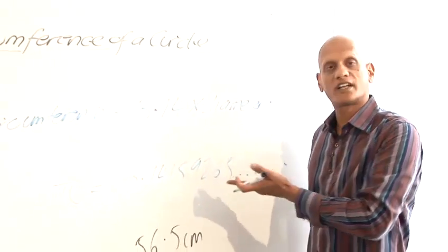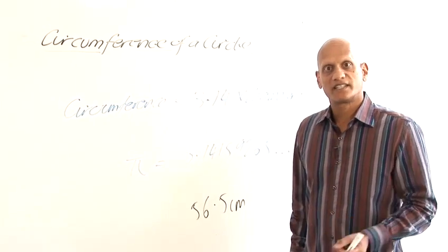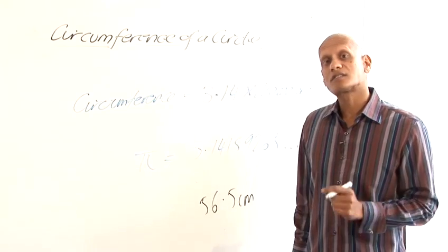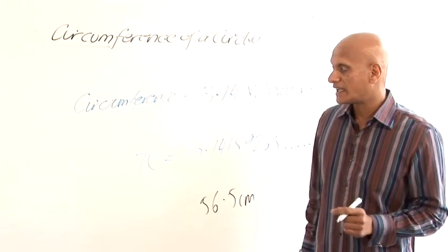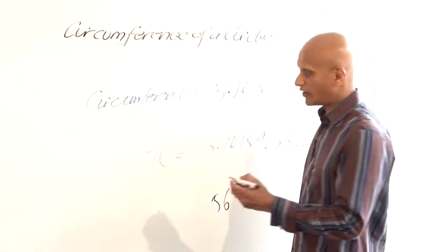So this number, 3.141596, roughly 3.14, seems quite random. It seems as if it's just been made up by mathematicians, but actually this was known from a long time ago. We know that the Egyptians knew about the number pi, because if you look at their pyramids